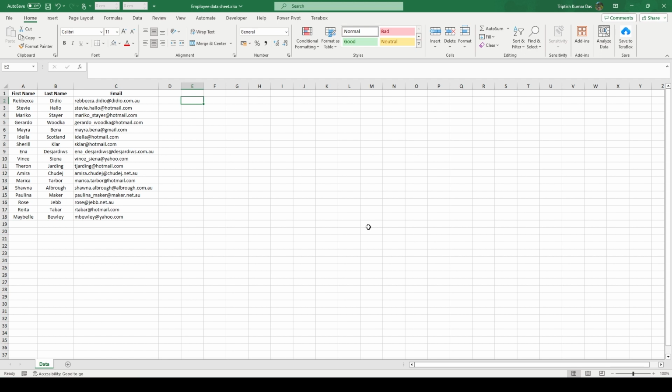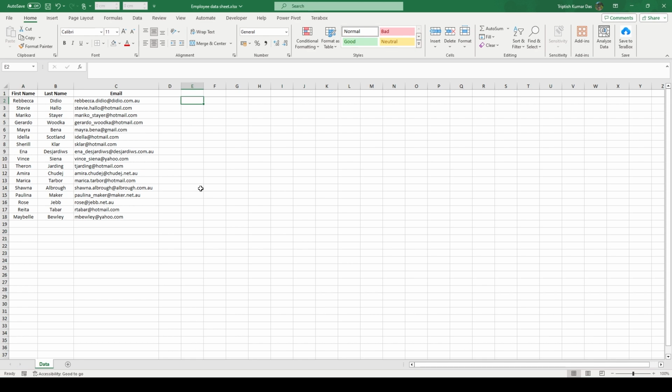For example, in this data sheet, we have the data of an employee sheet. In this one, we have the first name of the employee, the last name, and the email address of the employee. So, if we want to extract the first five letters from the email address, we can do that by